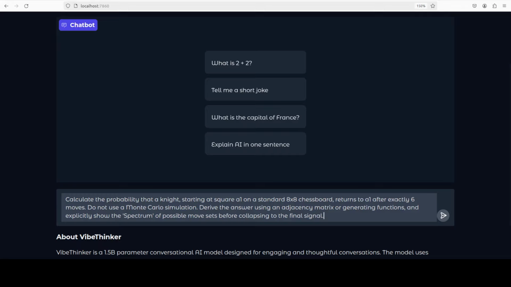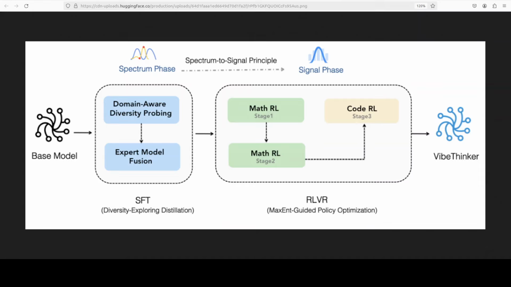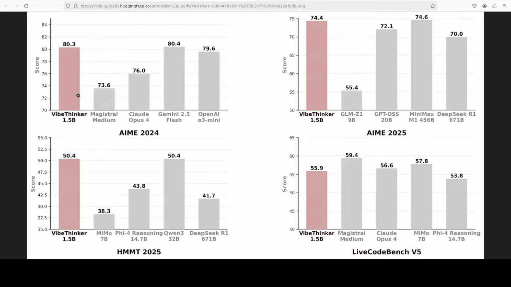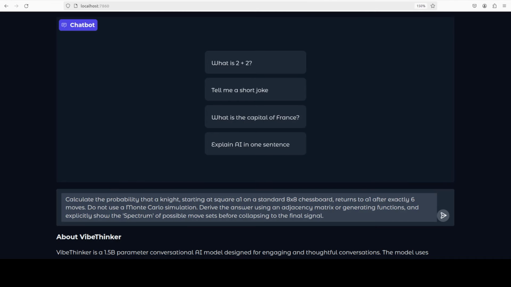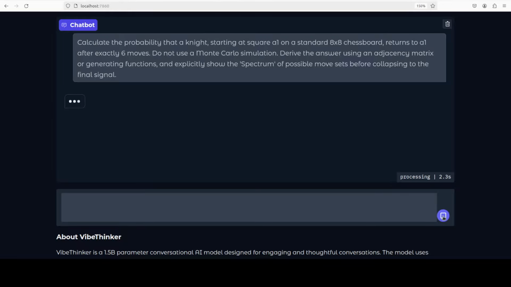What this prompt is doing is testing if the model actually learned from the AIME dataset, which it says it has done wonderfully well on, especially on these benchmarks. So this is what I'm going to test, if it is true or not. This is going to tell us if the model actually learned it, because it requires setting up a complex state space, which is where small models actually hallucinate a lot. So you can see that it is thinking. Let's wait for it to come back.